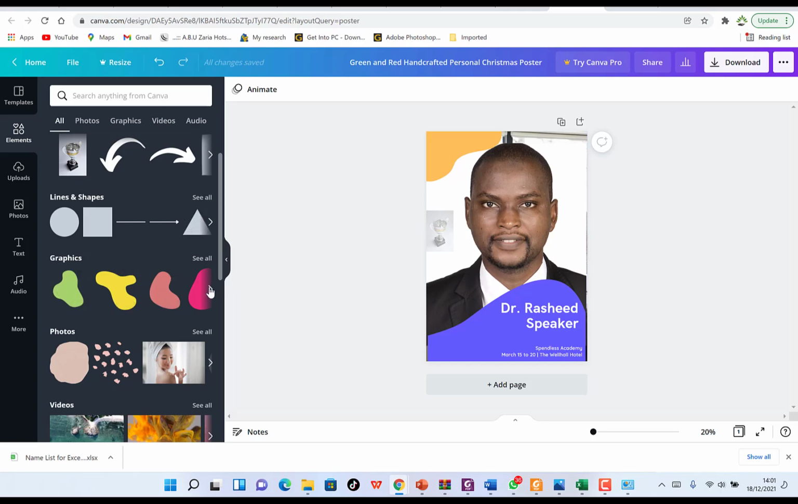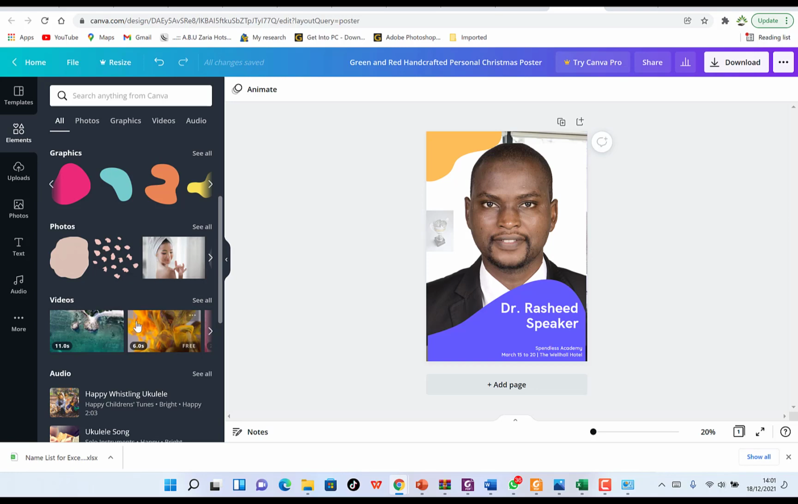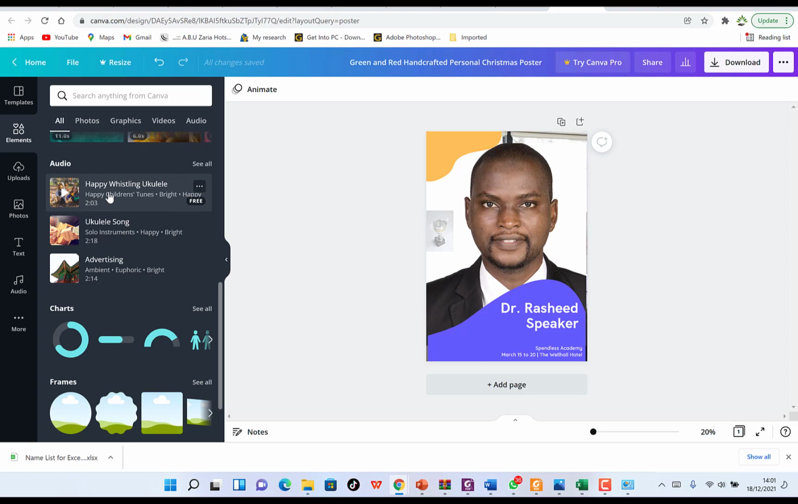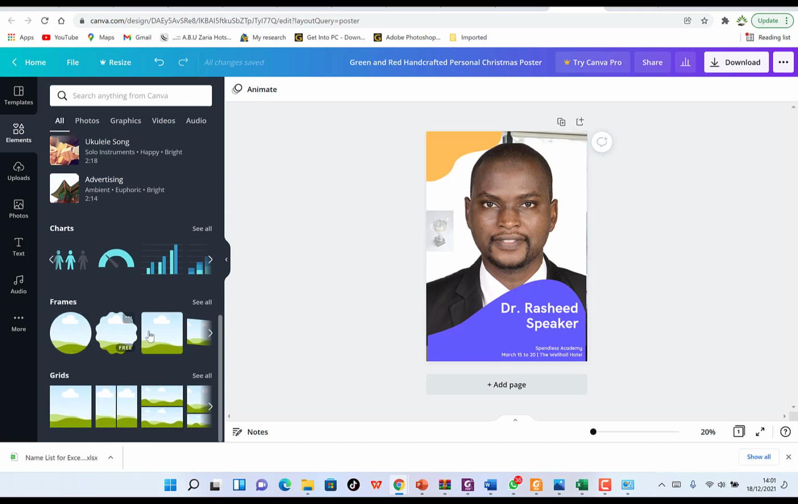You can bring graphics of different forms that are abstract, or you can bring in photos. You can bring in videos also of your choice, and you can bring in different kinds of audio. Feel free to just check them around. You can bring in charts of people and of different kinds of things that you can express, and you can bring in frames as well. All right, you can bring in frames,